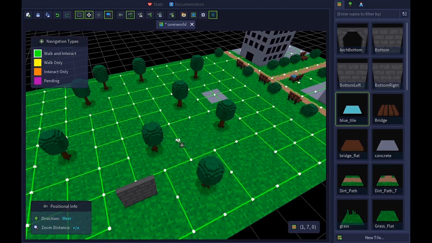So I can just press delete as much as I want, and then if I press click and hold, I can draw them back. Okay, let's just quickly add these buttons back. Right, so